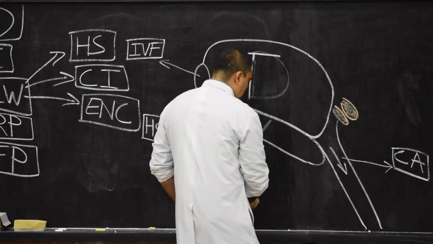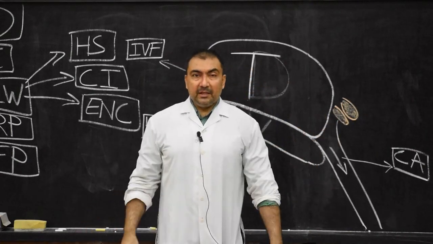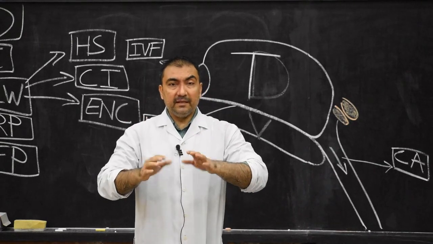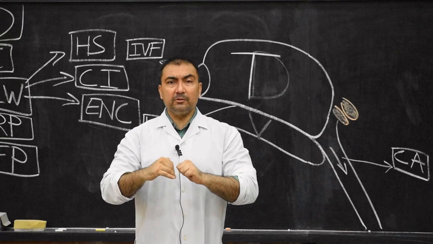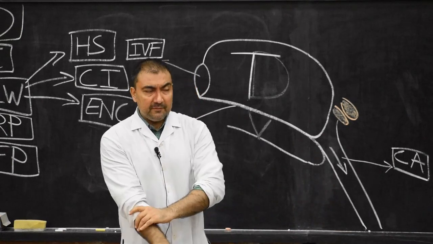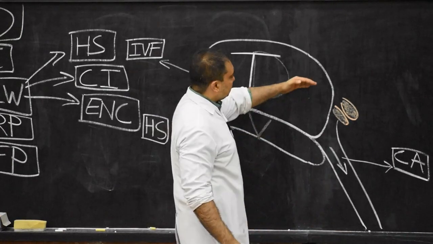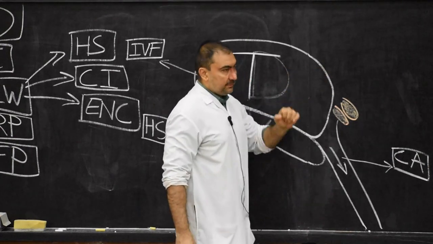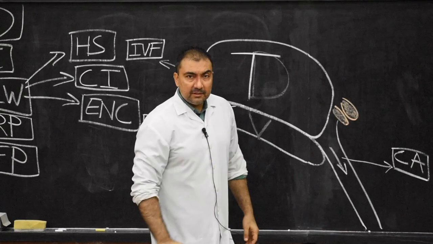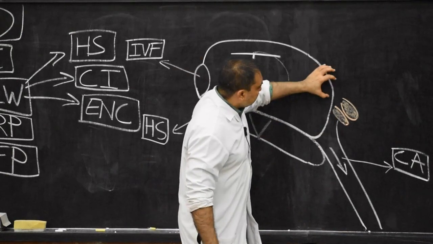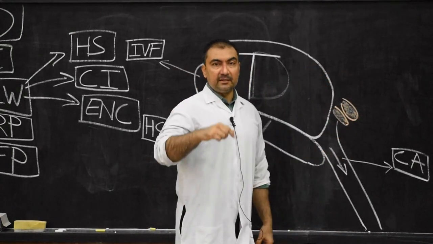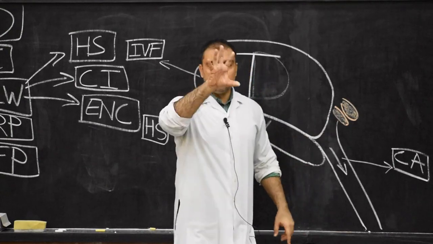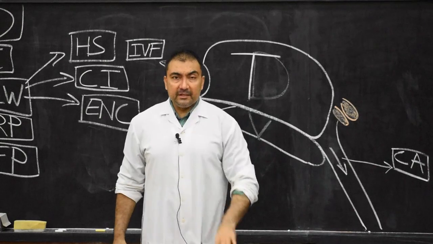Now, these two oval masses, after some time, will be seen projecting just below the pulvinar end of the thalamus. What is the pulvinar end of the thalamus? The pulvinar end of the thalamus is the posterior end of the thalamus. This is the posterior end of the thalamus. In gross neuroanatomy, we have seen that the posterior end of the thalamus projects posteriorly and is called the pulvinar. So below the pulvinar of the thalamus, these two oval bodies will be seen. They are called the lateral and medial geniculate bodies.